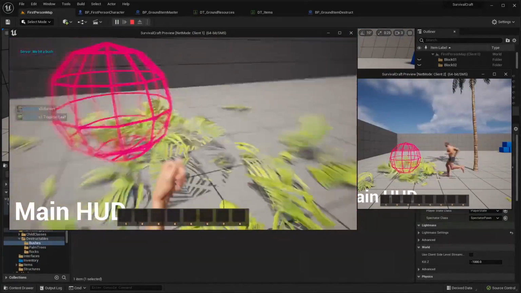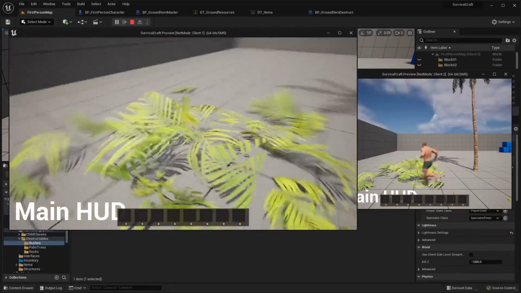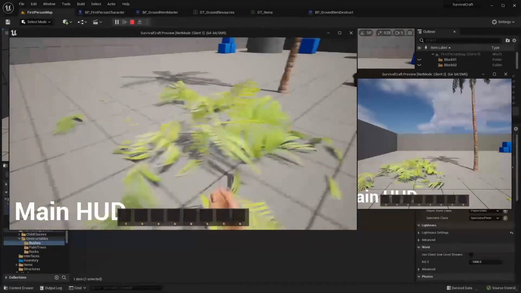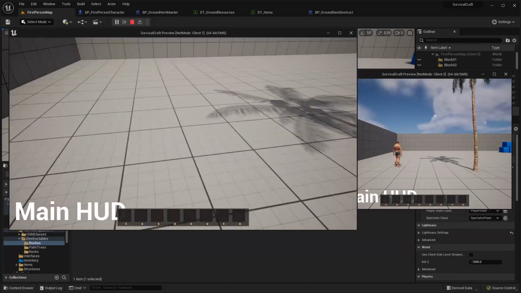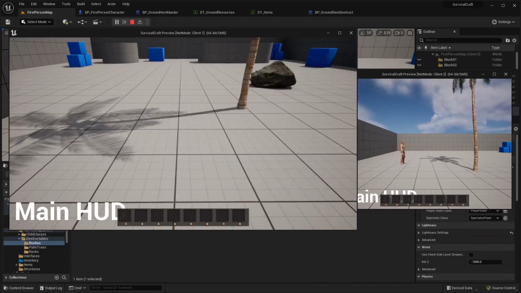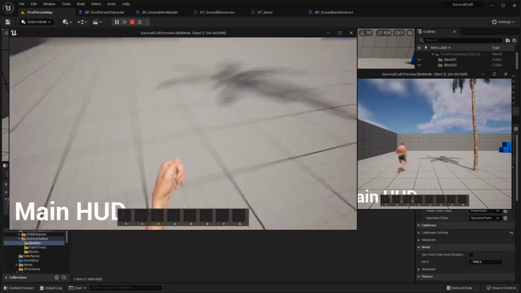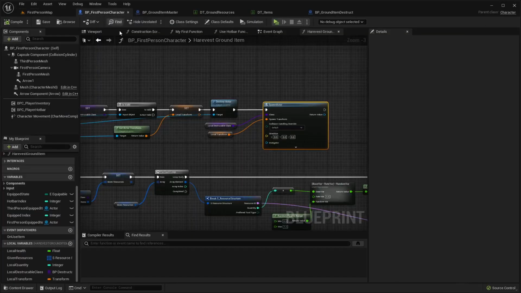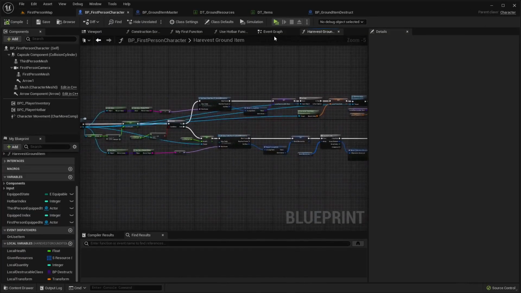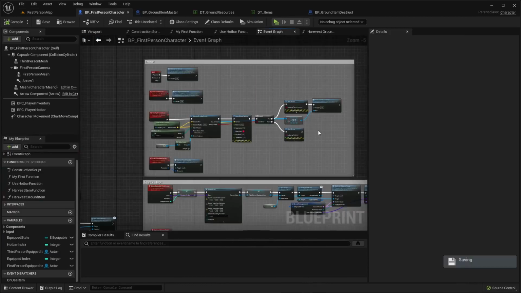Okay, so it looks a lot better, it just falls kind of apart, and then it will just despawn. So the very last thing that I want to add is a little harvesting animation, because right now we're just walking up to the bush and pressing E and there's no visual indication that we're picking the bush for berries. So in our BP first person character, let's go back to our event graph here,